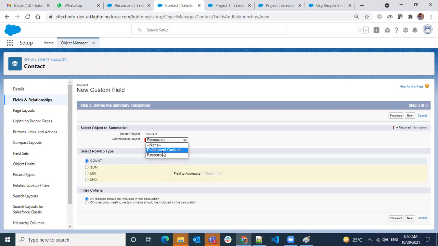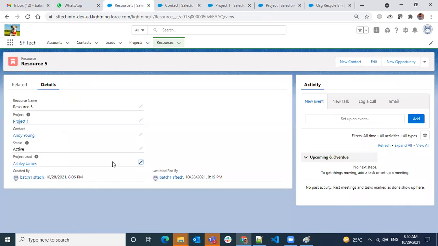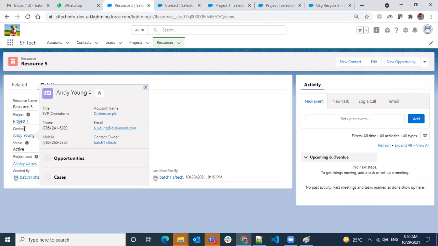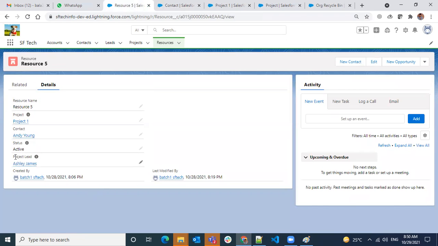Okay, this is the resources, not the project lead resources. We have two relationships, right? One is a master detail relationship, one is a lookup relationship. So this is giving a roll-up summary field for this value, not for this value.